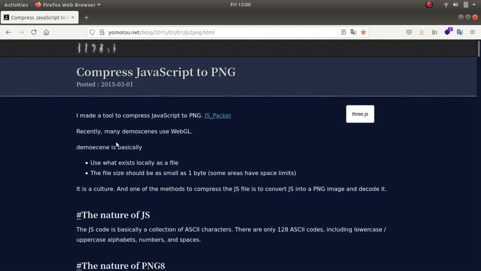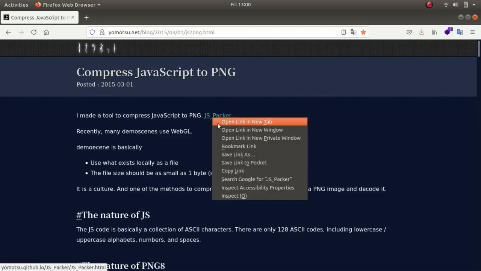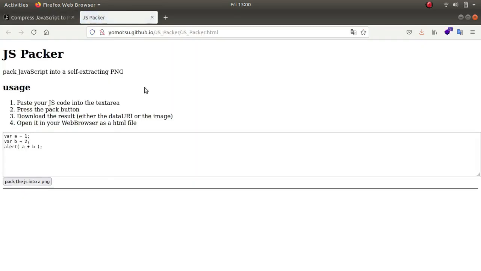So I am discussing the methodology over here. If you are interested, you can watch this video out. But if you are not, there's a link that I'll be giving to you in the description. All you have to do is just type in the code and it will provide you with a PNG file. As of now, all this website does is convert the JavaScript code to the PNG file.